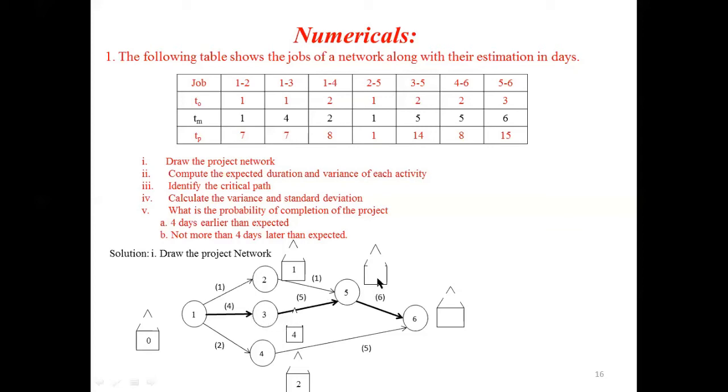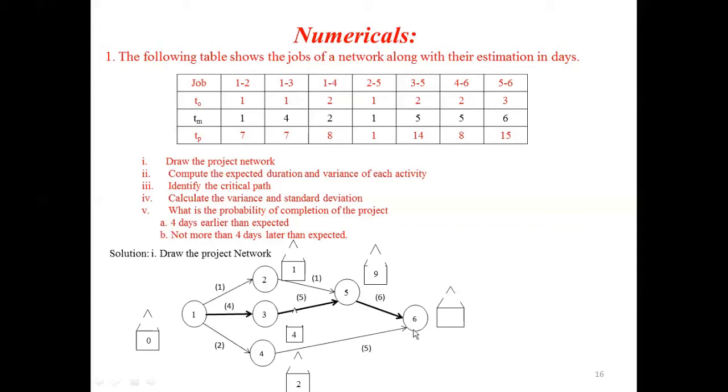That means you have to enter the value in the square box with respect to the nodes with the maximum value. The maximum value is 9, and hence here you have to write 9. It is 4 plus 5, it is 9, by considering node 3. If I consider node 2, we will get only 2, 1 plus 1. The maximum value you have to enter. In this case, for node 5, the maximum value is 9, 4 plus 5, and here you write 9.